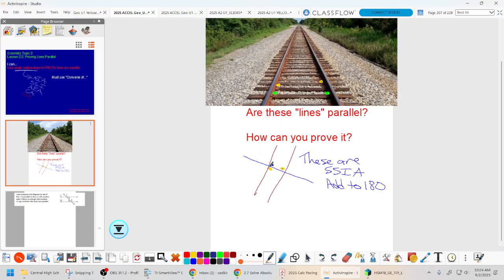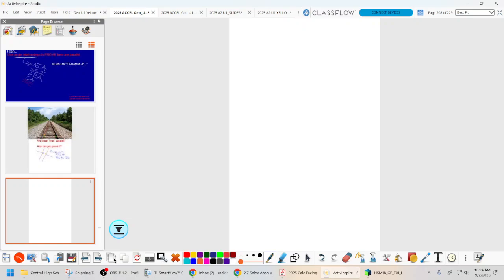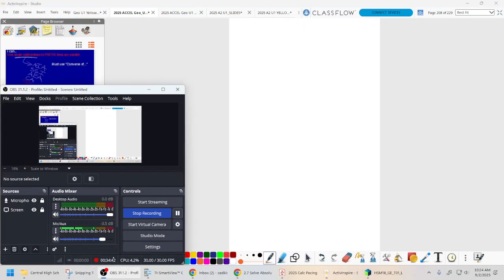In your packet, I don't want you to do them yet, but look at the first few. By the way, just make note on the very first one, that black, it looks like a black rectangle. I'll say this when we get back so it's more coherent. So go ahead and